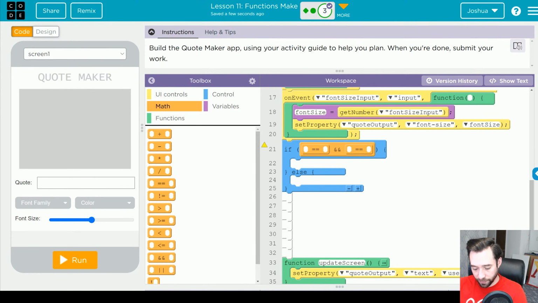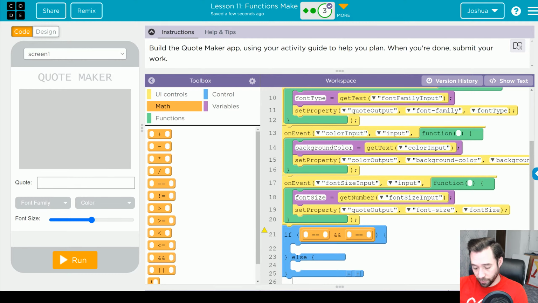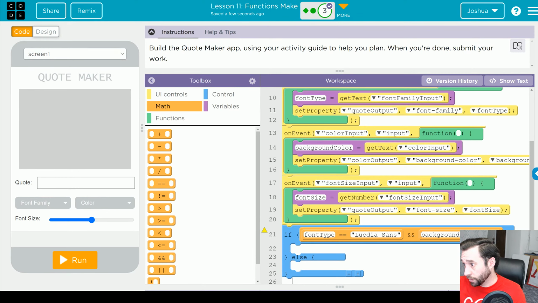So if font type equals sans, and then background color equals lavender,